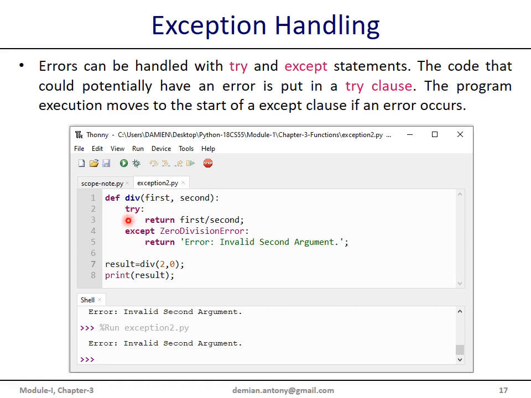This is how we have safeguarded this code against the runtime error called zero division error. The main program takes the same form. We make a call with the second argument 0, and now you will not get any runtime error. You will get a meaningful message. We have put the meaningful message as a remedial action for this runtime error.